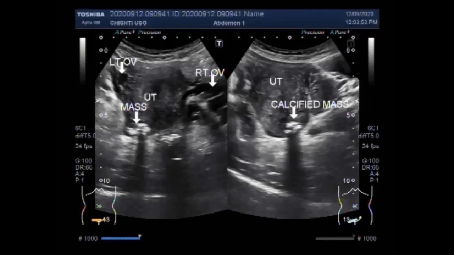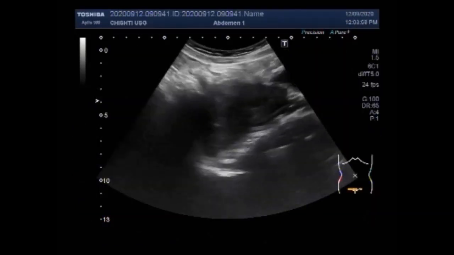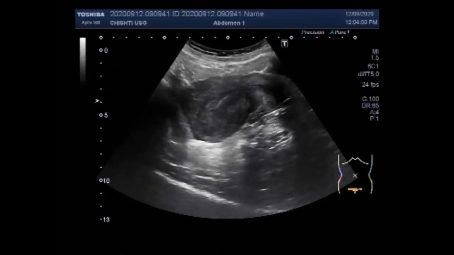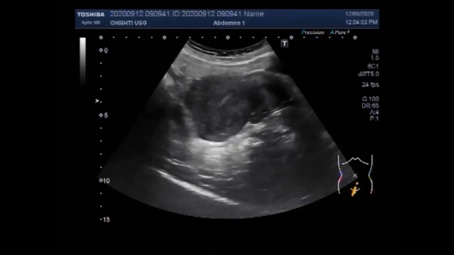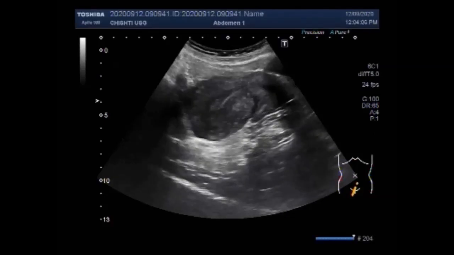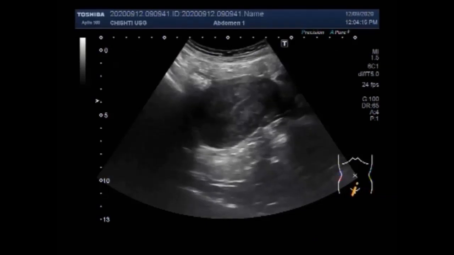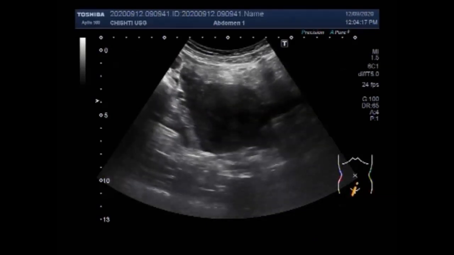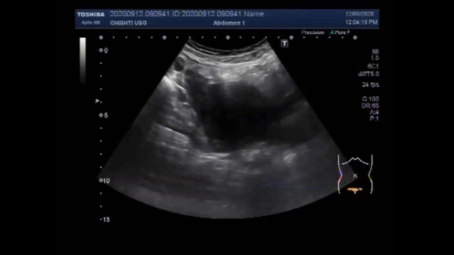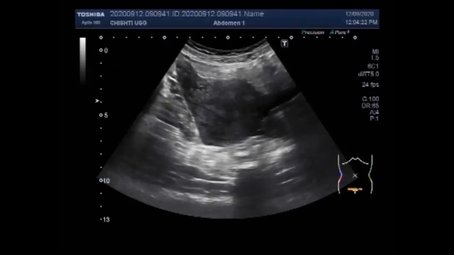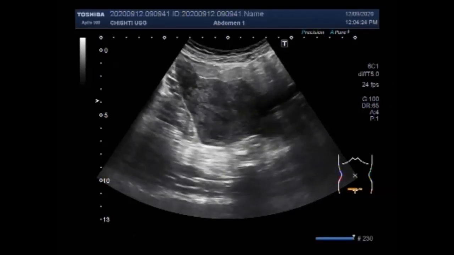This ultrasound video shows two videos showing multiple fibroids, including calcified fibroids. You can see the uterus, it is retroverted. Your bladder, this is the uterus, and this is the cervix. Now you can see the transverse scan showing both the ovaries.